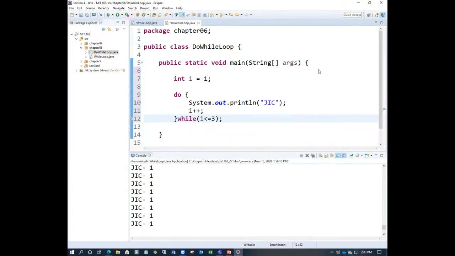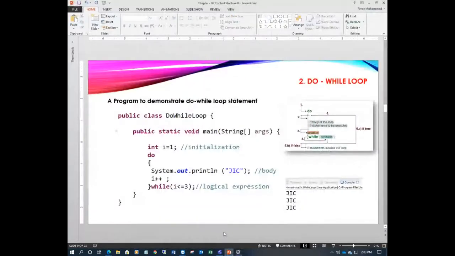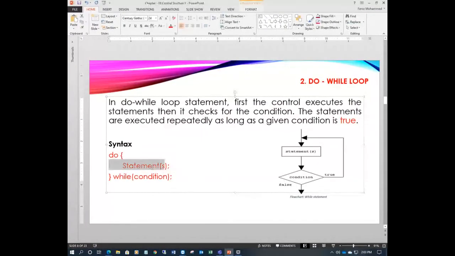For the for and while loops we do not use this semicolon, but here we use the semicolon, as per the syntax I have written here, right? Do, first do, means first execute the statement. In the do while loop, first the control executes the statement, then it checks for the condition.